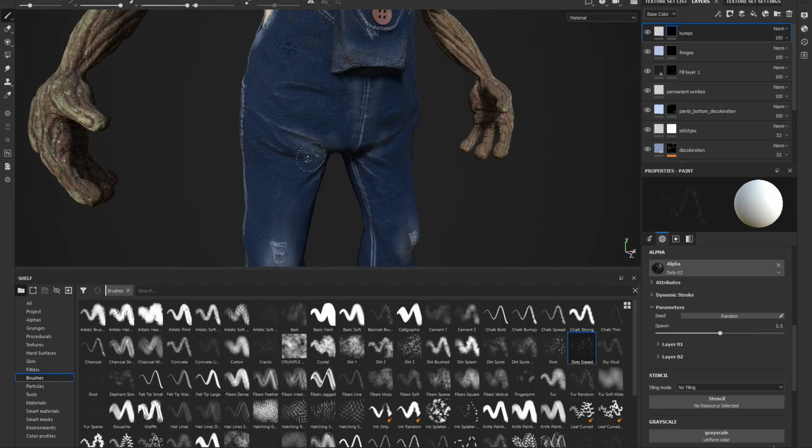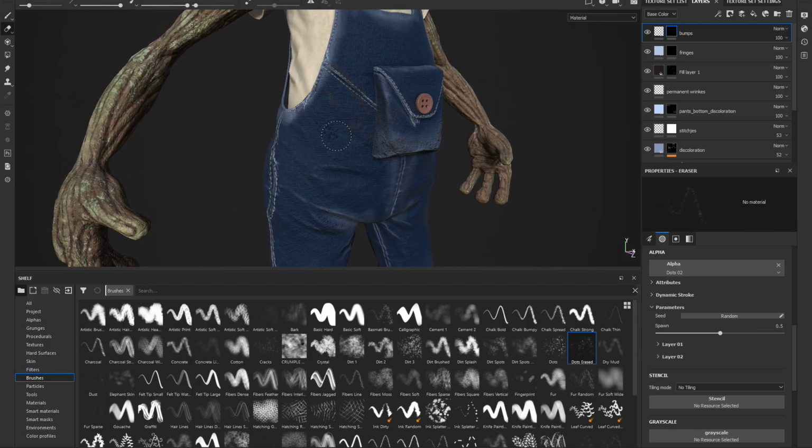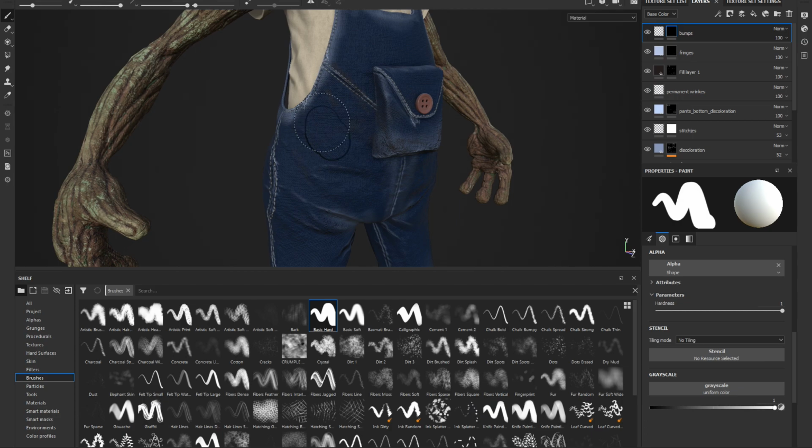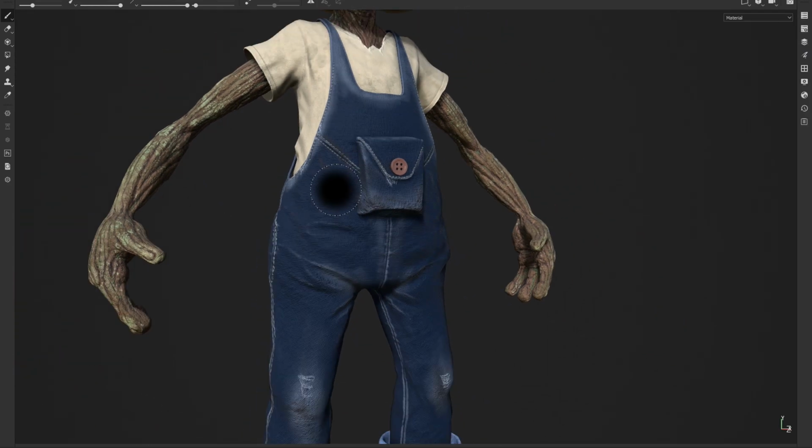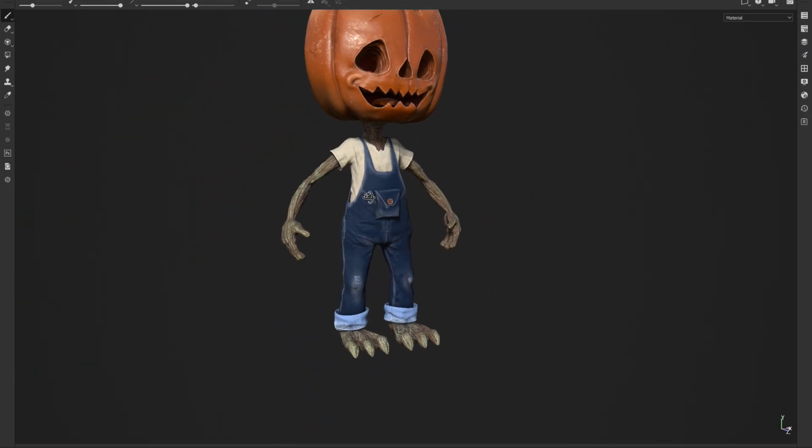So yeah, this is a quick overview of some basic techniques to achieve a decent look here for your fabric materials, and